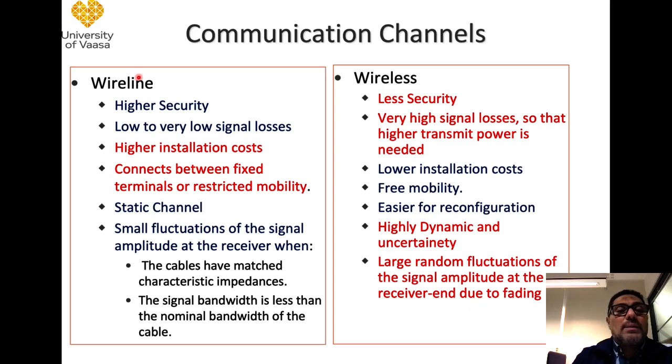Now if we compare wireline and wireless, the red color means the negatives, and the black one is the advantages. For the wireline, the advantages are higher security, because you can achieve higher security by direct connection of wire. On the other side, in wireless communication, it has lower installation costs,